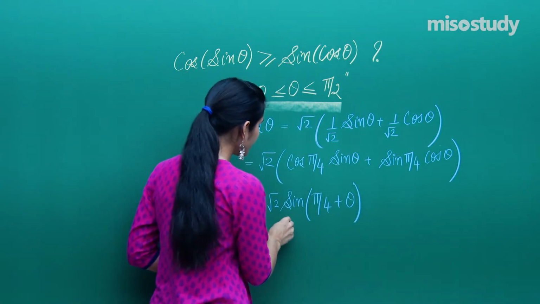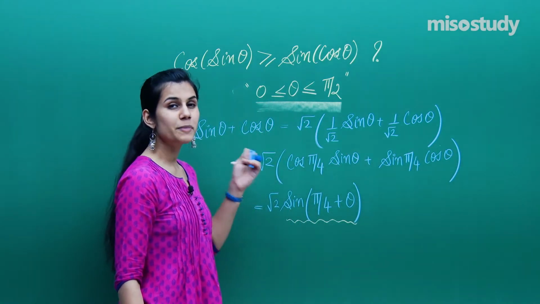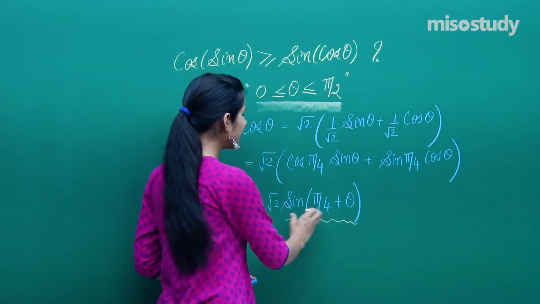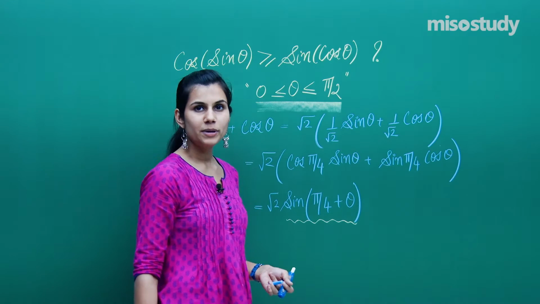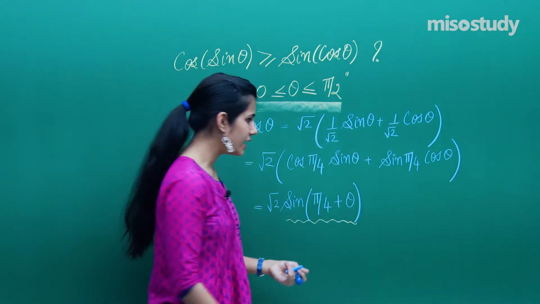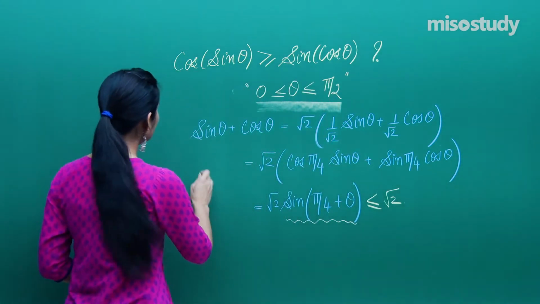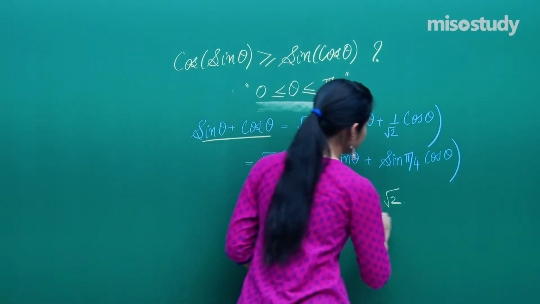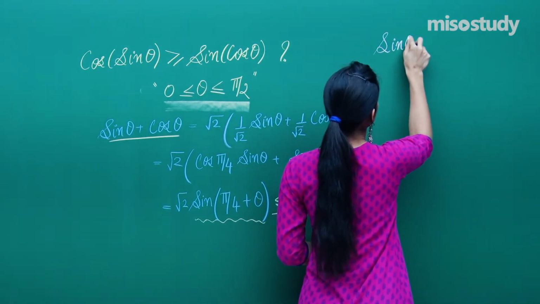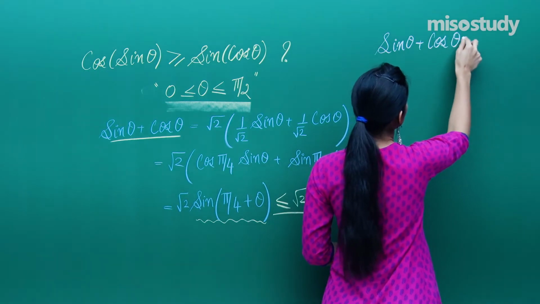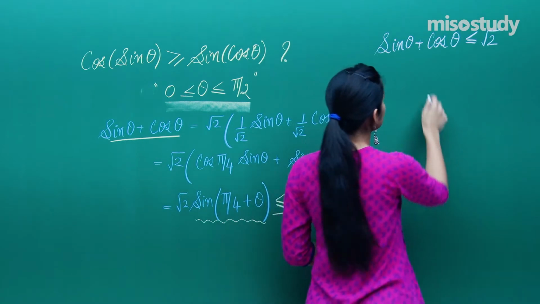Now you know sine of any angle is always less than or equal to 1. Right? Sine ratio's maximum value attained can be 1. So sine of pi by 4 plus theta will be less than or equal to 1. So root 2 times sine of pi by 4 plus theta will be less than or equal to root 2 into 1, which is root 2. So what basically you have got is sine theta plus cos theta is less than or equal to root 2. If this is what I have got,